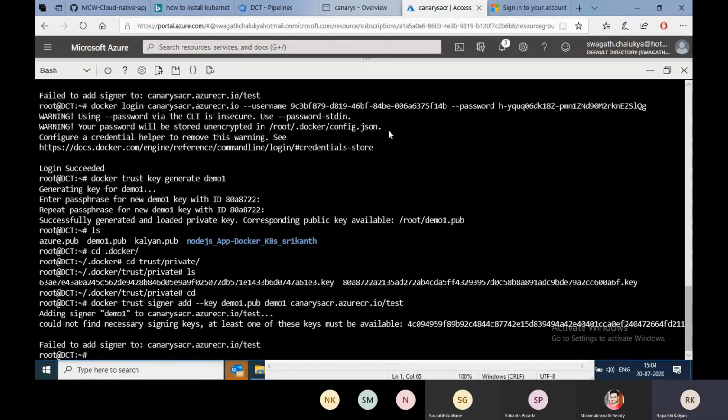Yeah, what's the problem? Could not find the necessary key.